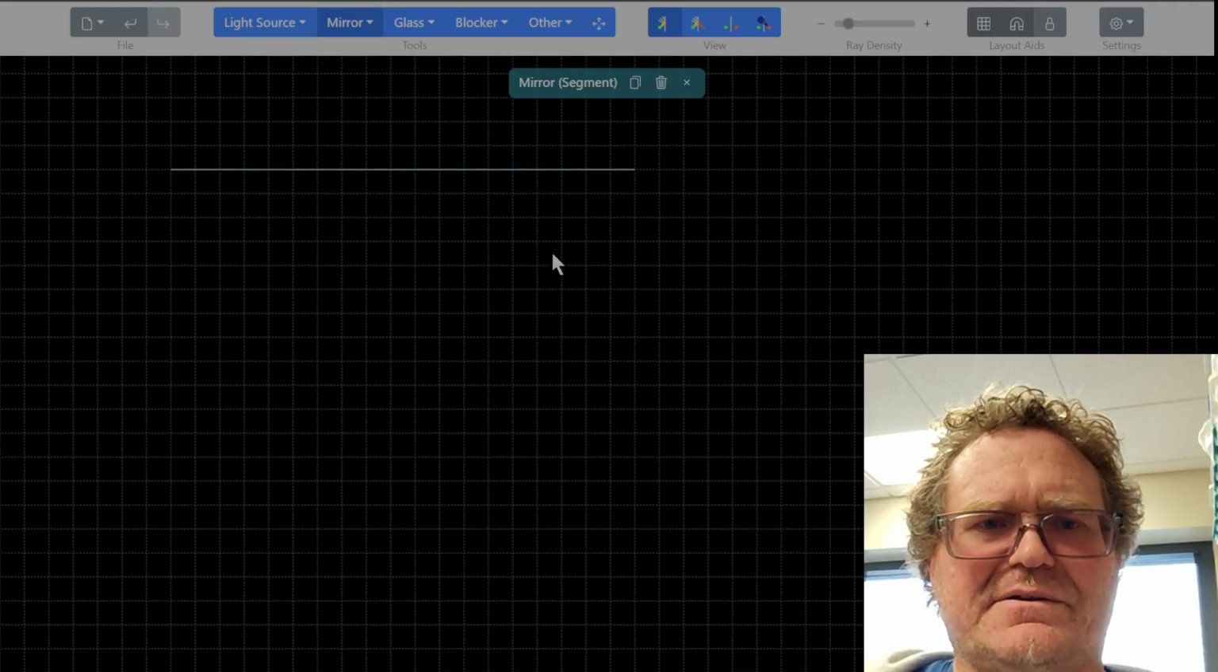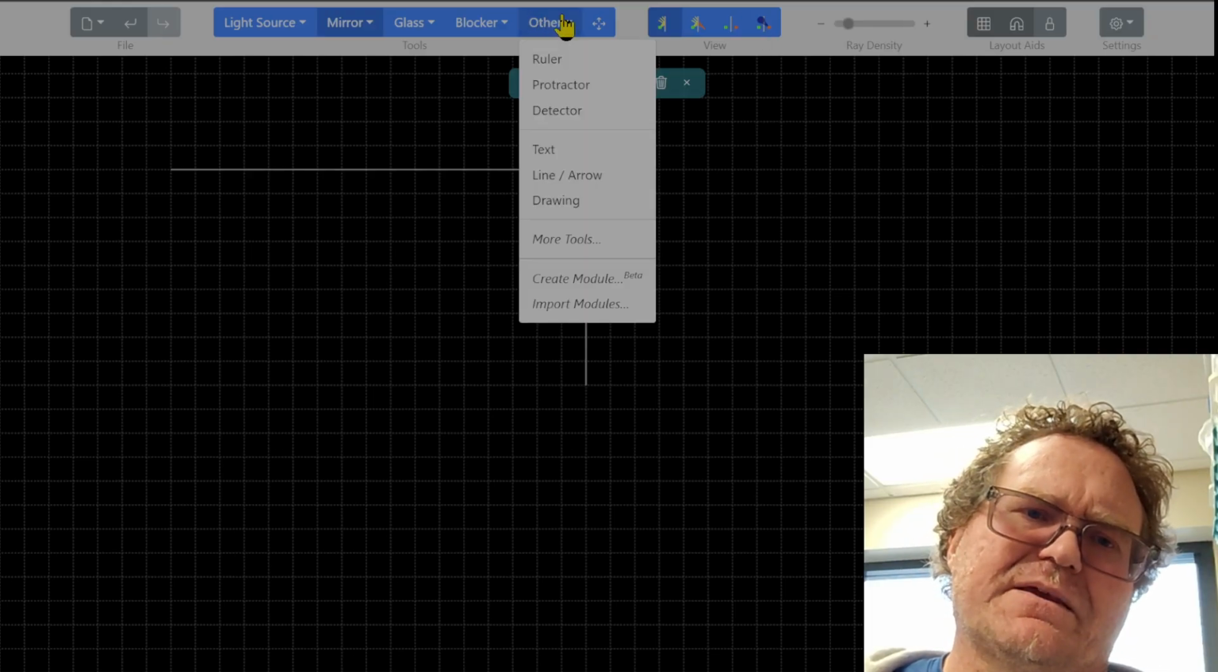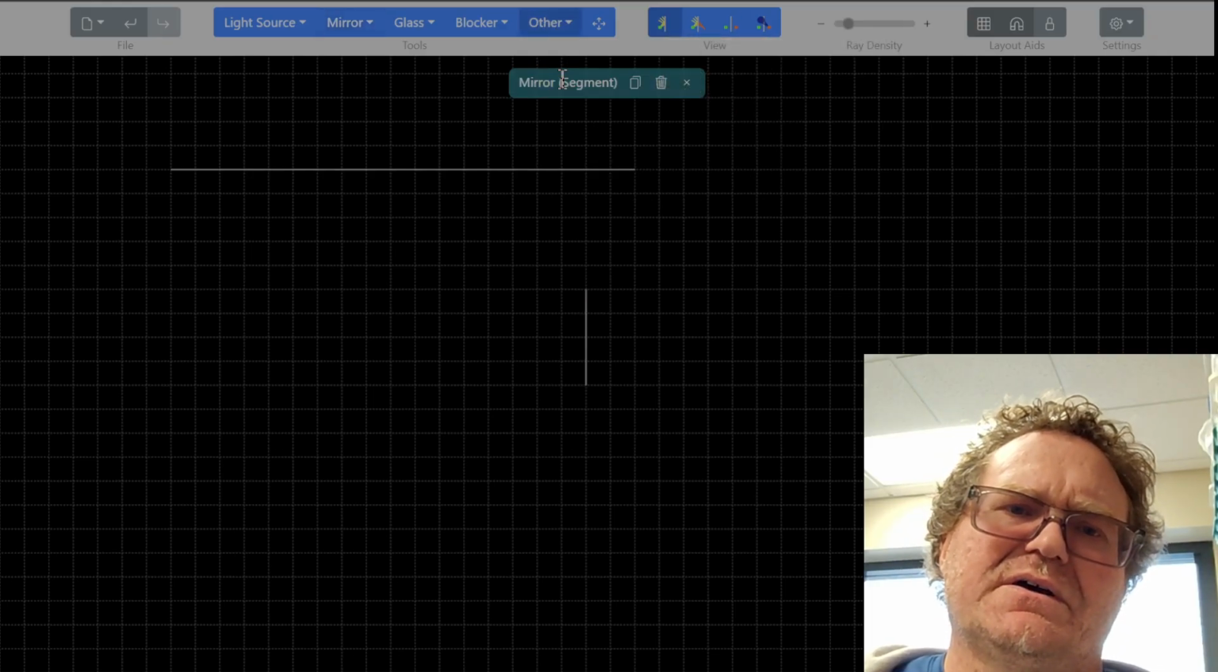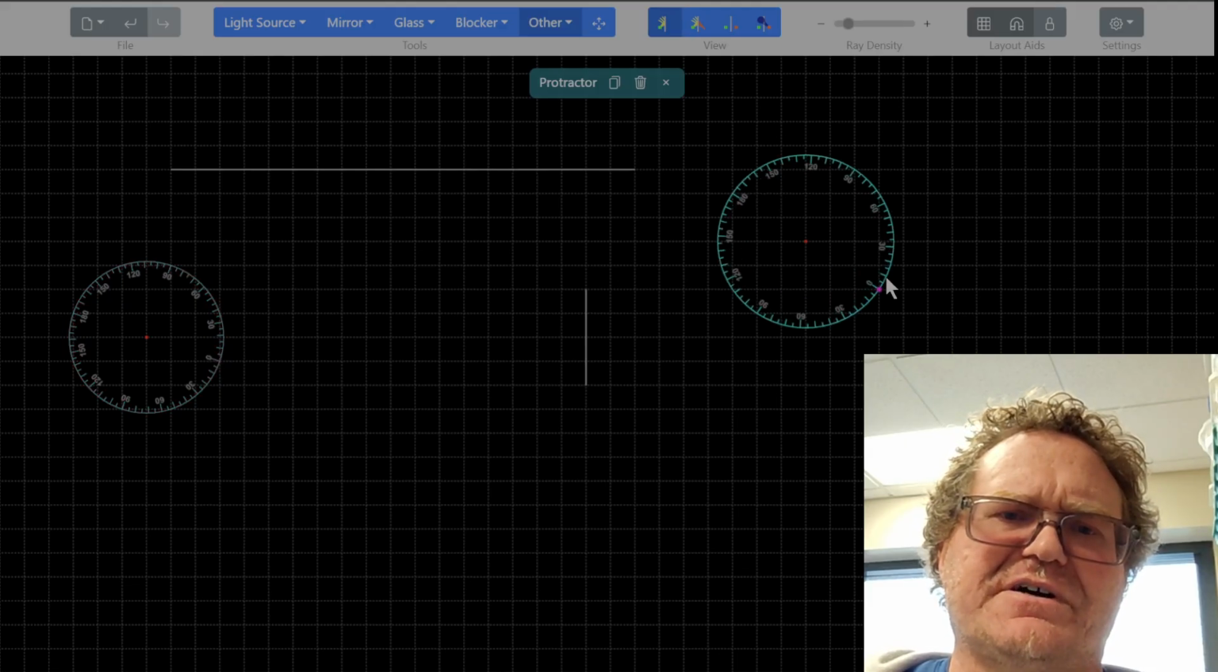I'm going to draw another little mirror segment which will represent my candle, and notice if I'm not on one of the ends I can drag it up and down just a little bit. Okay, we're going to need a couple protractors. One we're going to need for a little eyeball over here,